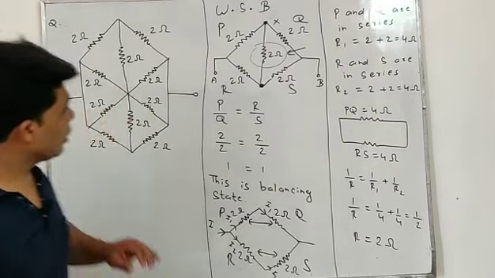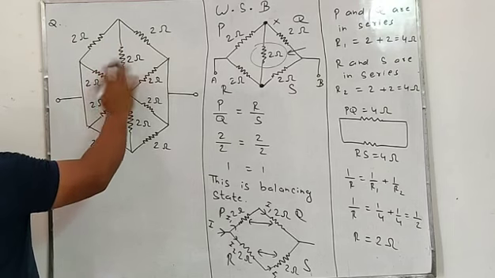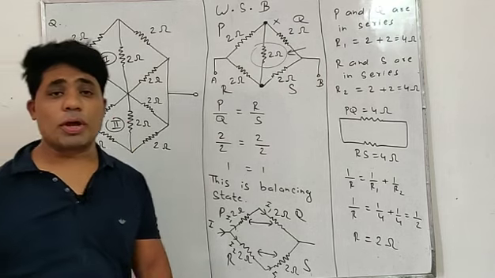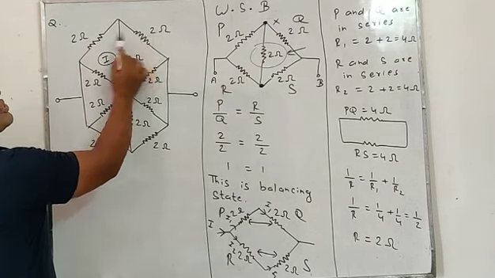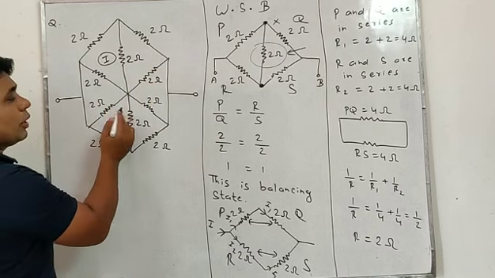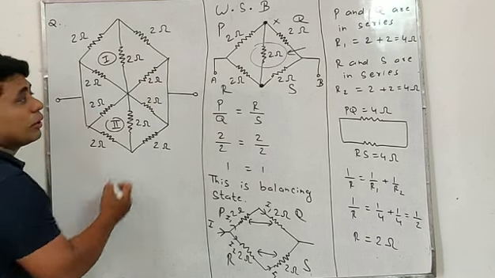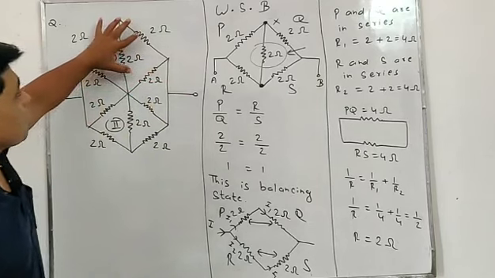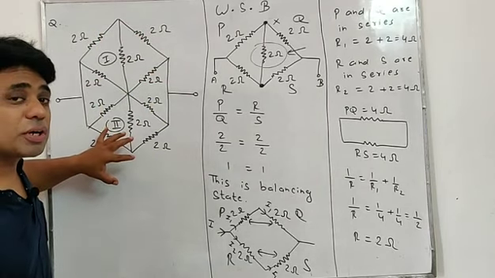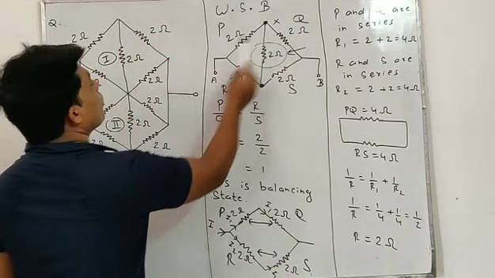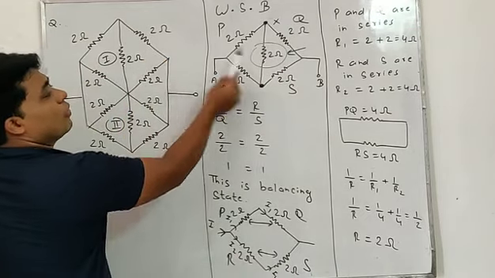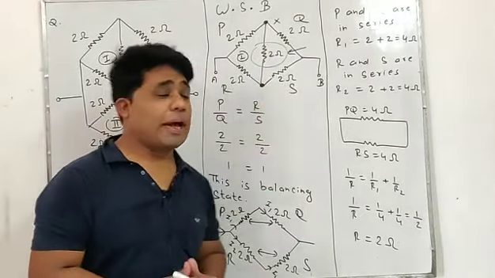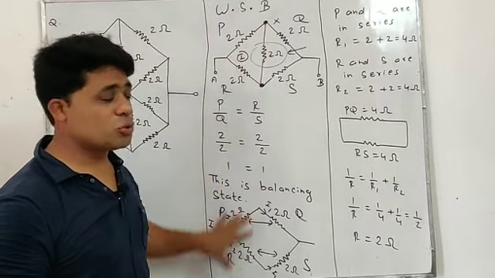Now students, if you see this diagram, it is similar to the Wheatstone-Bridge. This is the first circuit and this is our second circuit. Look, 2 resistances upwards, 2 downwards, 1 in the middle. These two circuits are similar to this. This is the first Wheatstone-Bridge circuit and this is our second Wheatstone-Bridge circuit. Suppose this is the first circuit. And when we solve this circuit using the Wheatstone-Bridge concept,